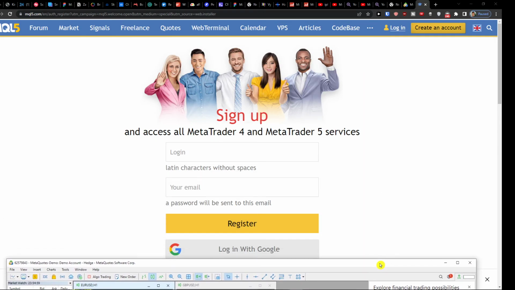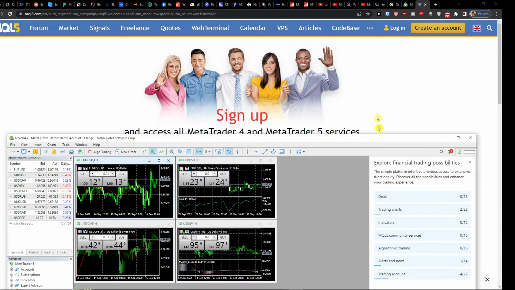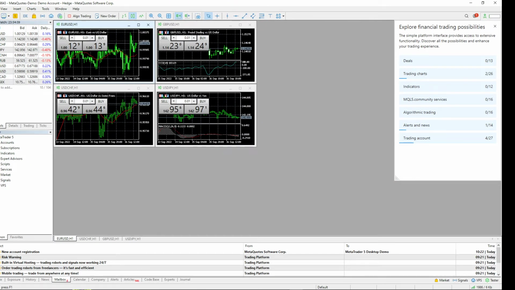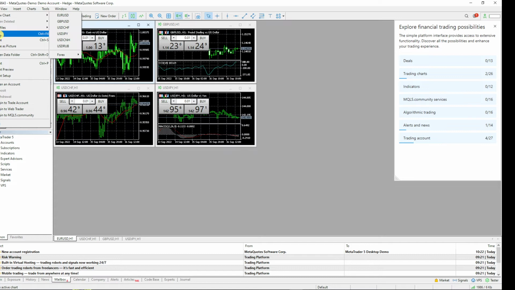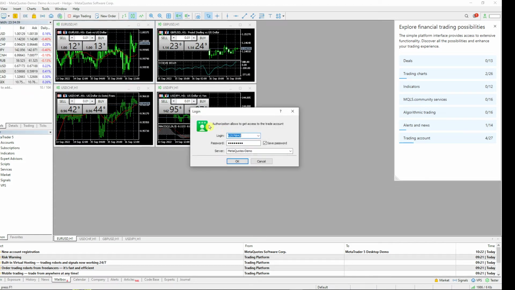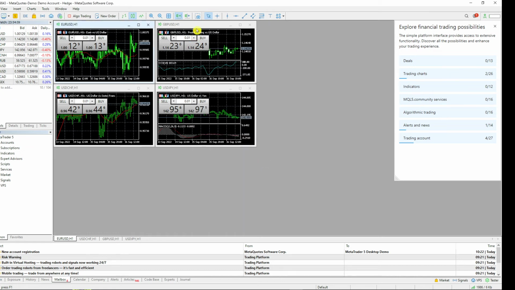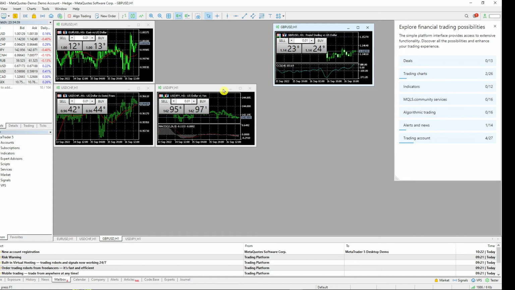And then you have to sign up if you want to access all the services. And this is just a demo account here. But here you can log into community web trader, log into trader account, and then you can simply log in here, right? And then you can simply start trading